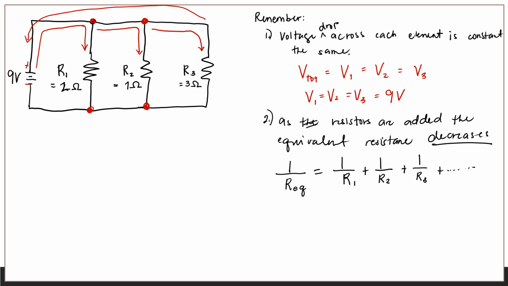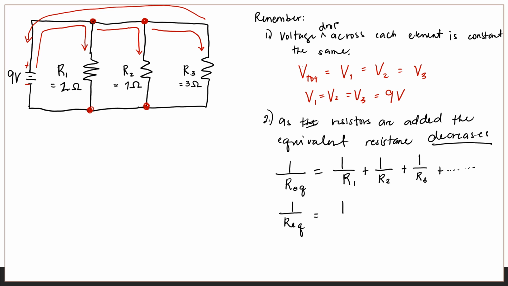If you'll notice, these are all in fraction form, and when you add them, the greater the denominator, the lesser the value of the fraction. So the more resistors you add in a parallel circuit, the more the total resistance decreases. So in this particular example, if you want to compute for the equivalent resistance,